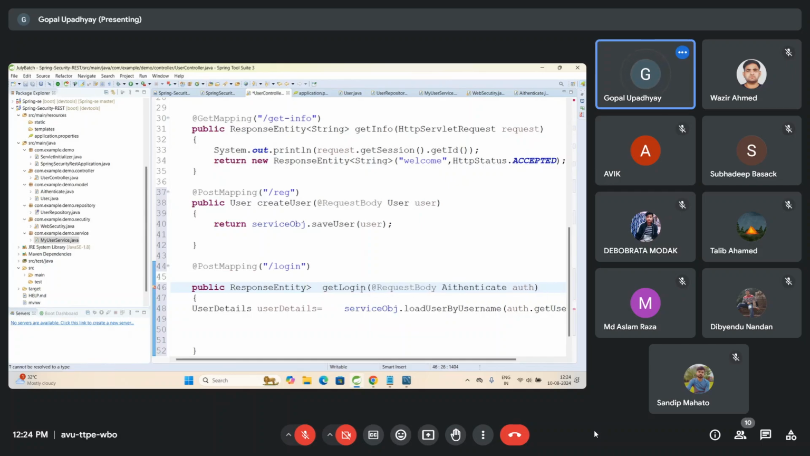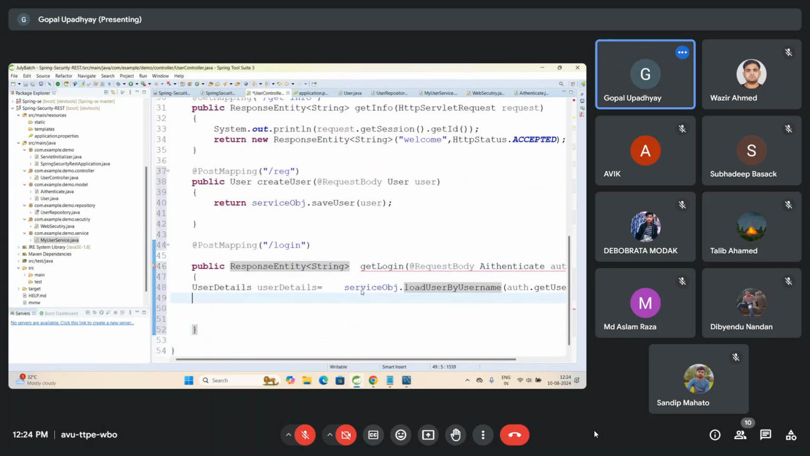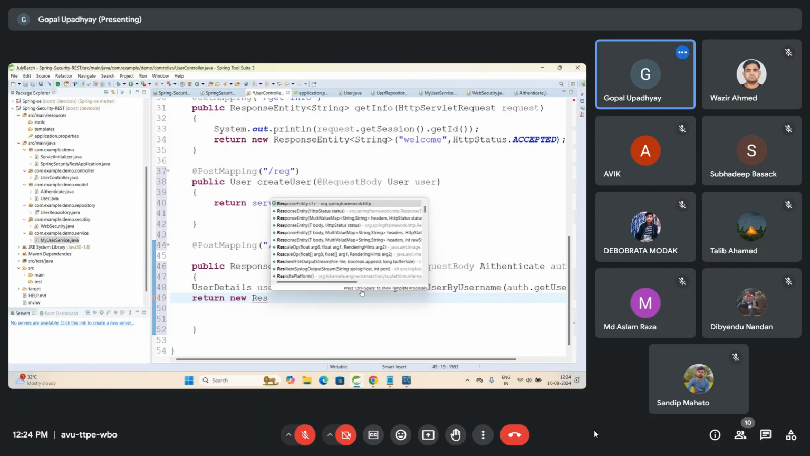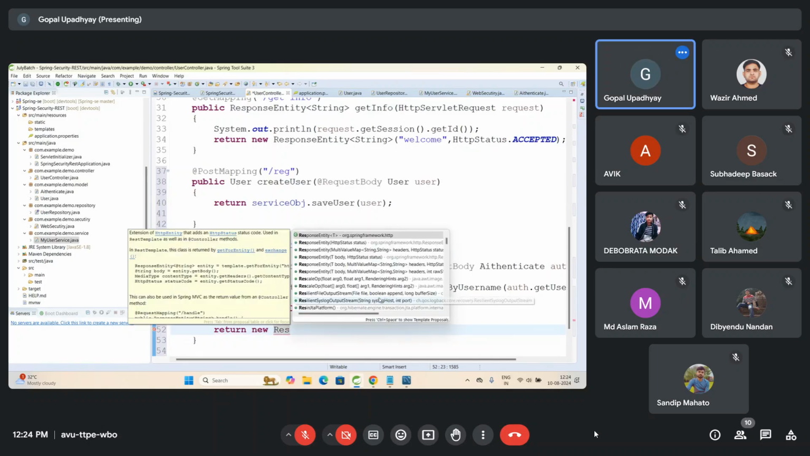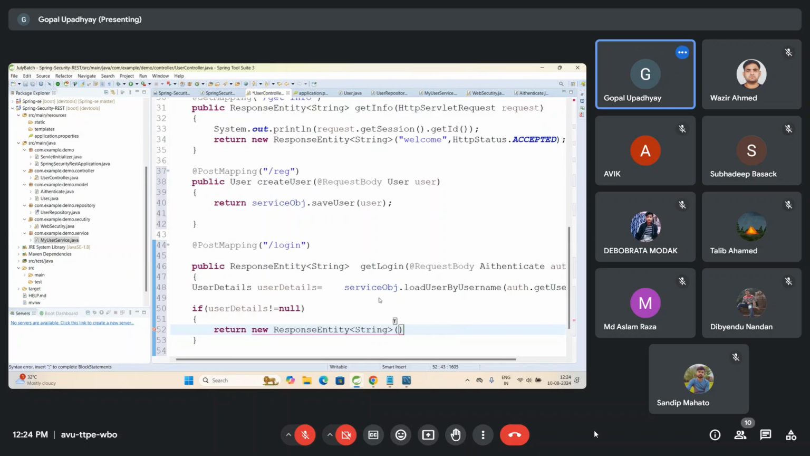So here I'll pass string, and here I'll say return new response entity. Not like this, let me just do one thing. If user details not equal to null, then return new response entity with this